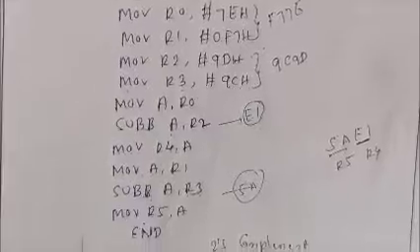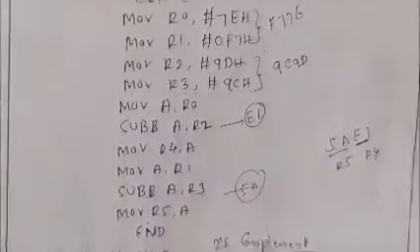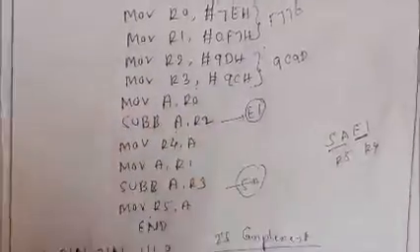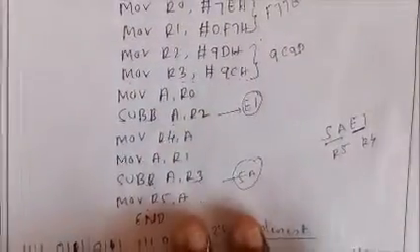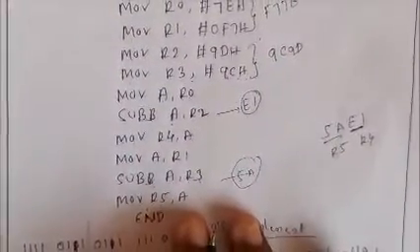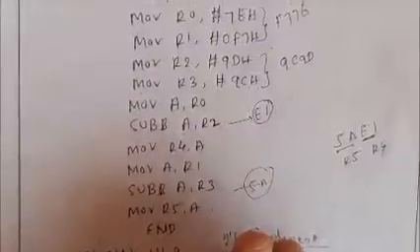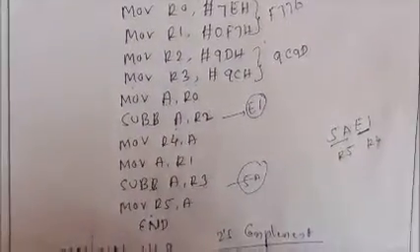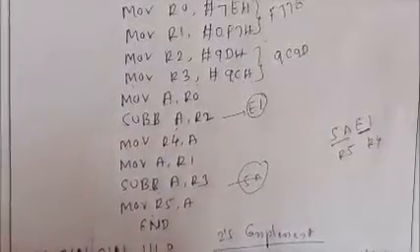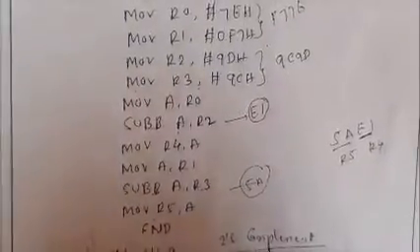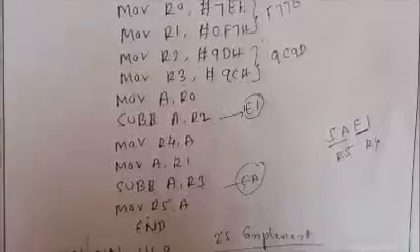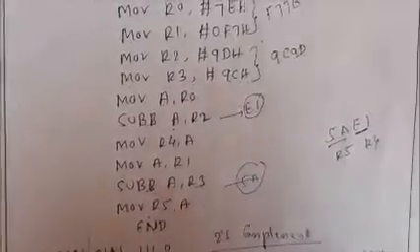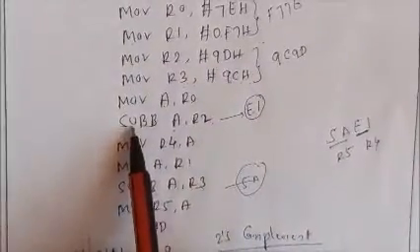Is it clear? That means once you understand addition, subtraction becomes very easy. Just you need to understand 16-bit. We can't write 16-bit numbers. We are loading as bytes, with the 8-bit numbers with respect to R0, R1, R2, R3. In addition, two instructions are there. One is ADDC, addition with carry. But in subtraction, only one instruction is there. That is the SUBB, subtraction with borrow.